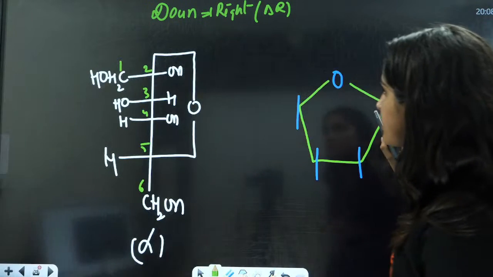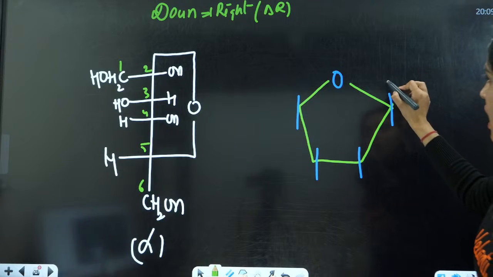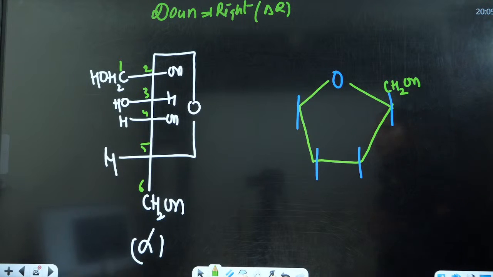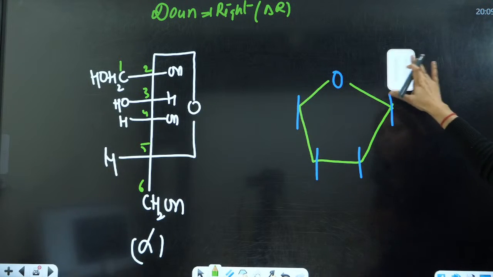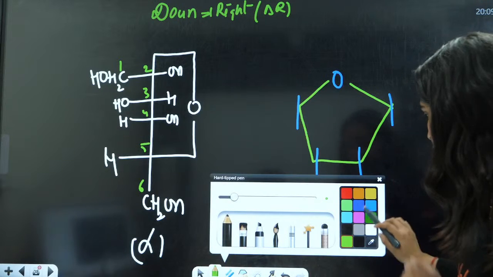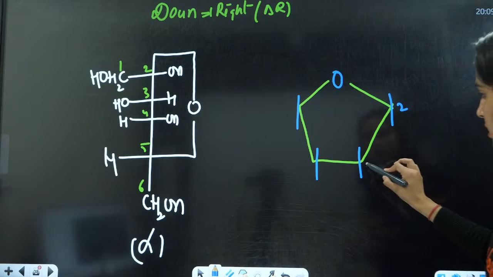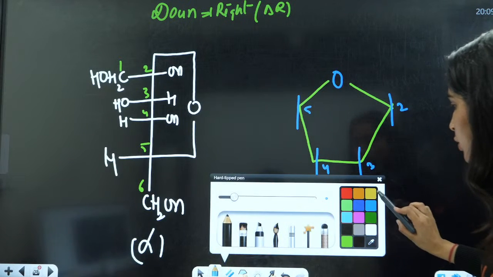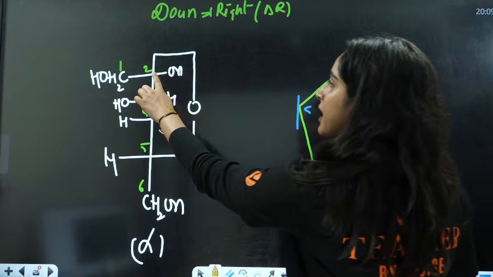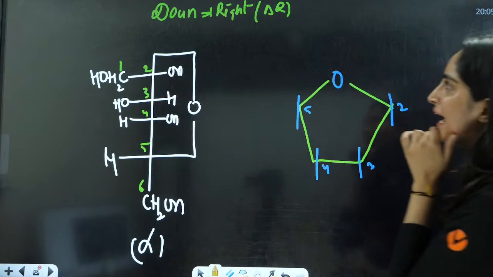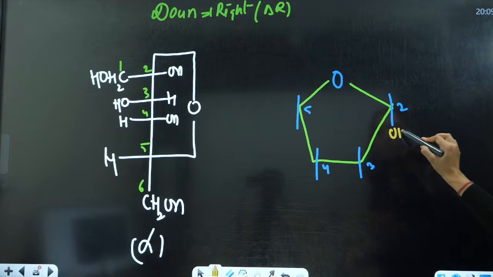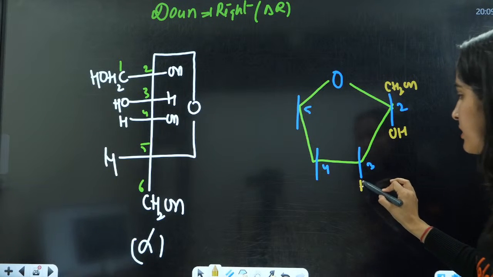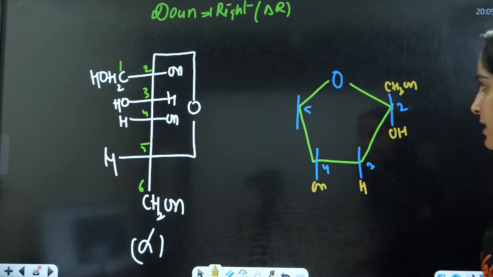The first is going to be on the upper side, that is CH2OH, right? If I draw this as the second one, then third, fourth, fifth, right? Okay, so now how am I going to draw it? Everybody, on the second carbon, you have the OH group on the right side. Right side means down. So OH here, and this is CH2OH, right? Then you have hydrogen on the right side, then you have OH on the right side, right?